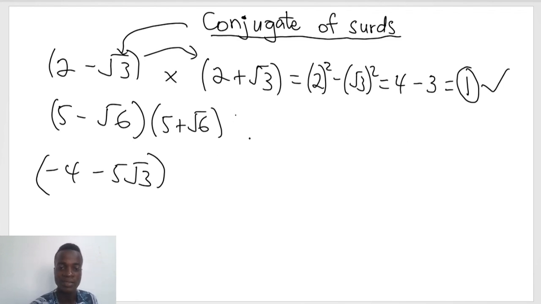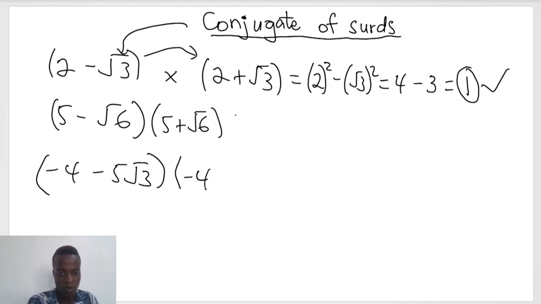And you also realize that there is no whole number that we see at the end of the day. So this one, there is a minus at the front and a minus over here. Remember what I said: to find the conjugate of the set, change the middle sign. The middle one between the negative 4 here and then 5 root 3 here. So the middle sign, which is the negative before the 5. So that's how you get